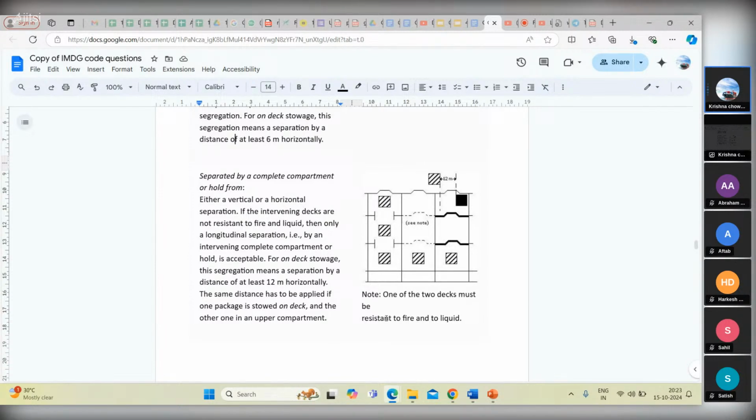So in between there is a complete compartment or hold like this. So this cargo and this cargo are not compatible, and in between under the deck there is a complete compartment. And on deck it's already separated by a compartment, and there has to be a horizontal distance of at least 12 meters. So either vertical or horizontal separation. If the intervening decks are not resistant to fire and liquid,